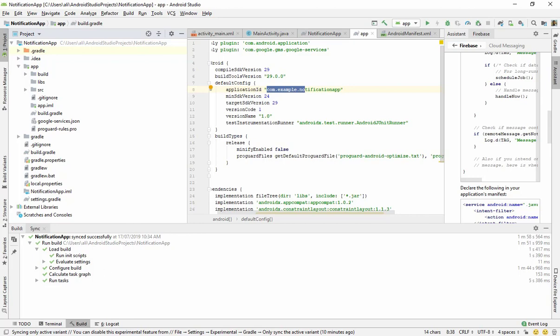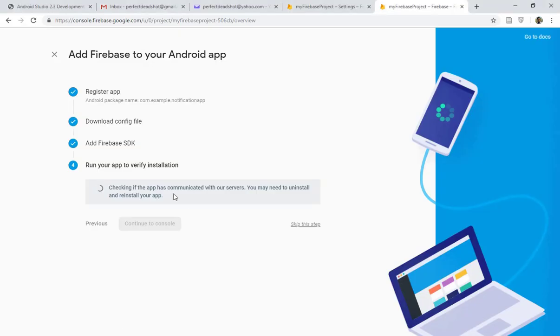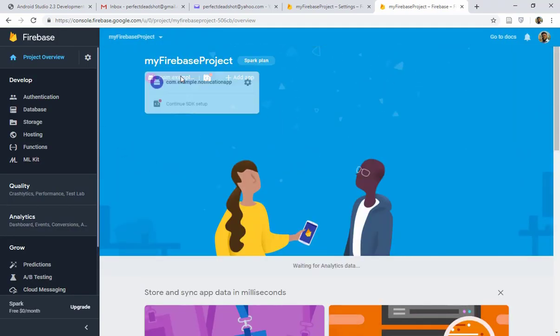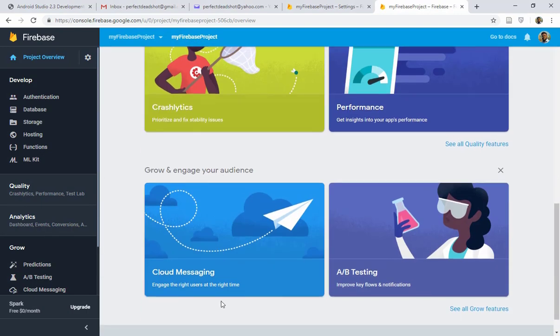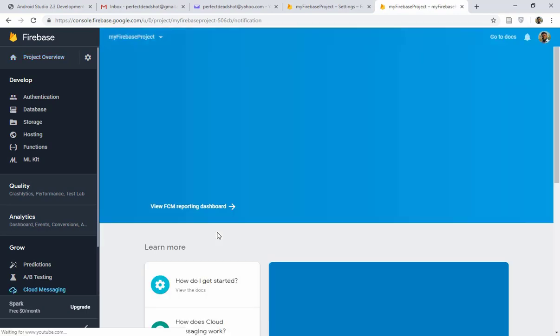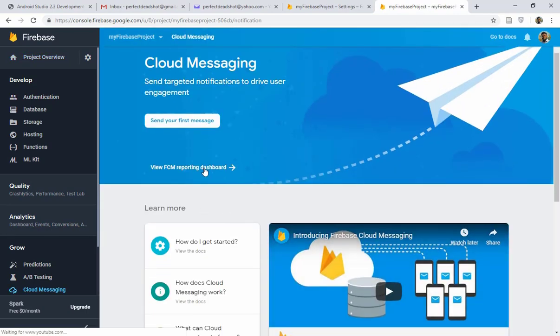So this is the thing that we have to do up till here. Now skip this step right now. Let us go to the console at this particular point in cloud messaging,